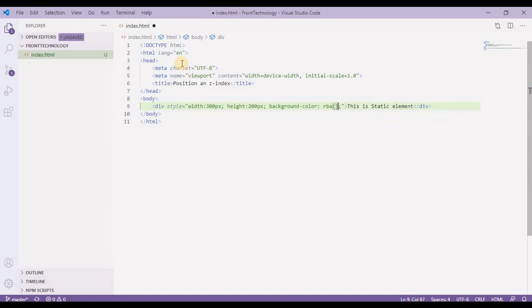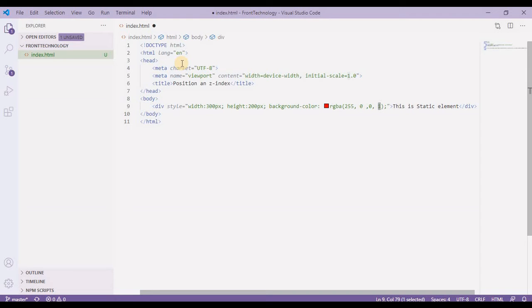RGBA means red, green, blue, the primary colors, and A for the alpha. Here I'm going to provide this color as 255, the maximum value of red, then 0, 0, which are green and blue, and the alpha is 1. The value of alpha can be decreased toward 0, and the range is 0 to 1.